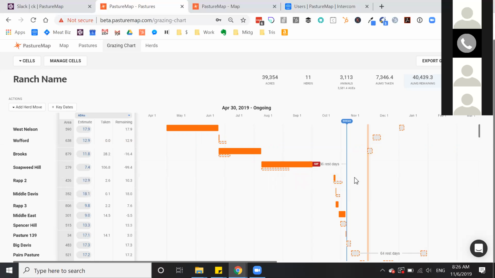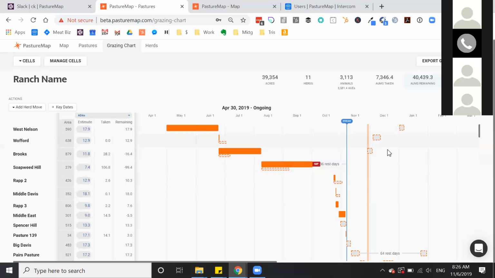Look around on your phone and then fill in the grazing chart of what you actually did. So this is today, and then the dotted line is the grazing plan. And then the solid line is the actual and what herd was there, when, for how long. And so you can see that in this case, some of these pastures, you're grazing a lot longer than you thought you were. And that's something to know in the pattern so that you can get ahead and replan